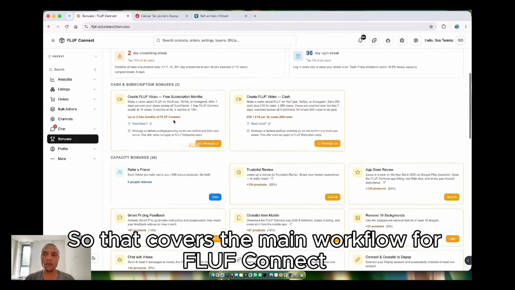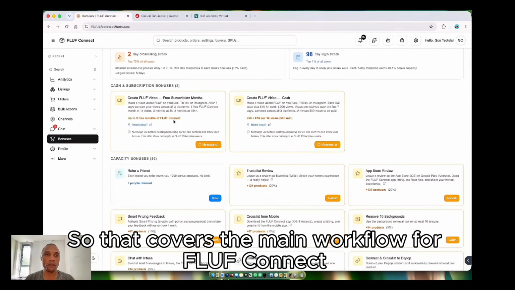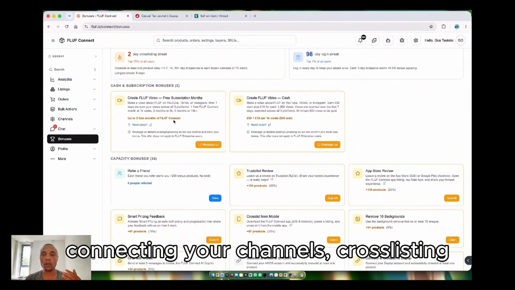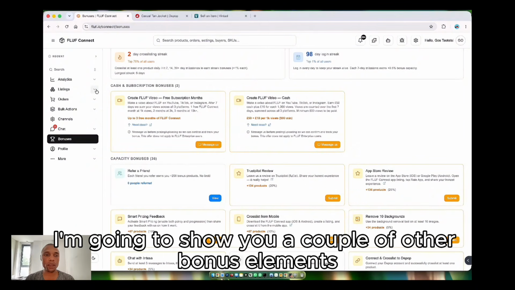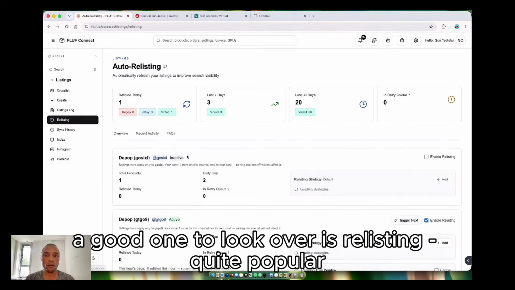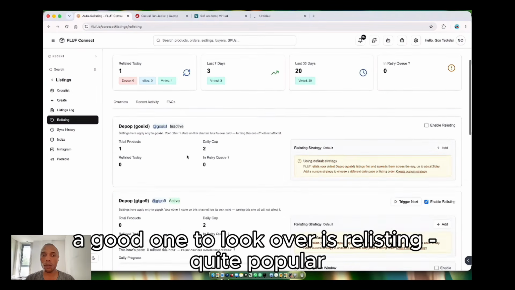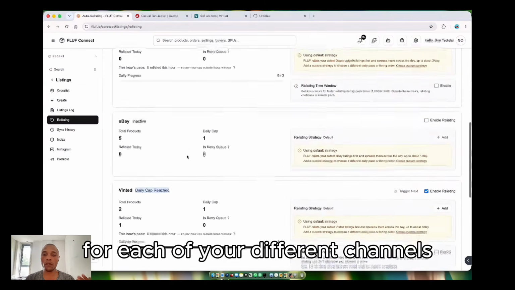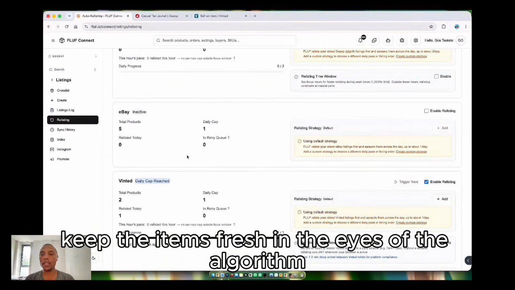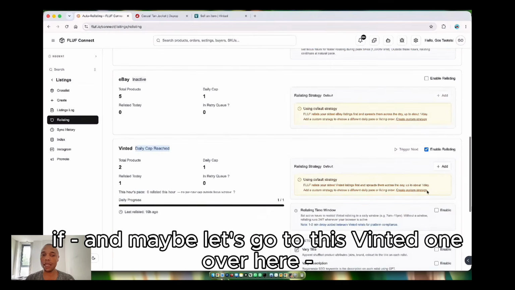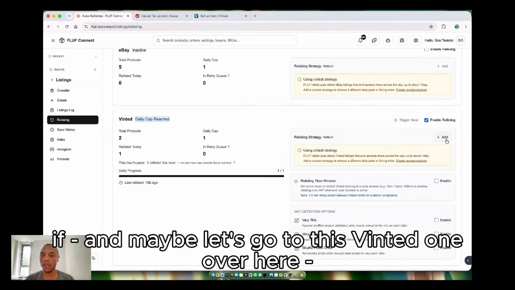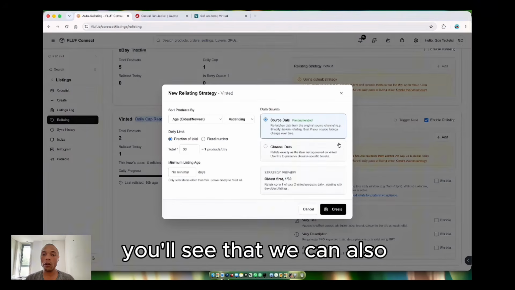So that covers the main workflow for FLUF Connect, connecting your channels, cross-listing. I'm going to show you a couple of other bonus elements. A good one to look over is relisting, quite popular. This basically just helps you for each of your different channels keep the items fresh in the eyes of the algorithm. For instance, let's go to this Vinted one over here,